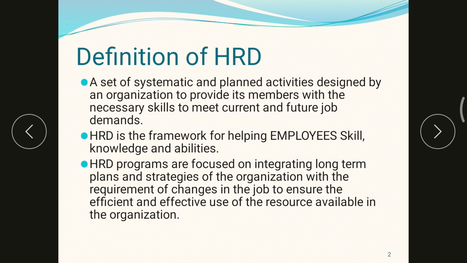Under this procedure we categorize a system, and the system establishes uniformity in industrial administration according to the potential of the employees, according to the requirement, and according to the environmental situation. So HRD establishes a framework as per the employees' skill, knowledge, and ability, meaning the potential of employees. This is a program which focuses on integrating long-term plans and short-term plans